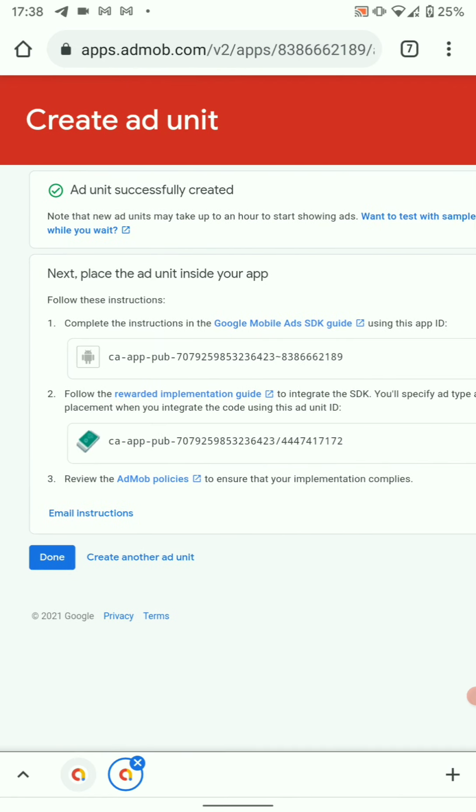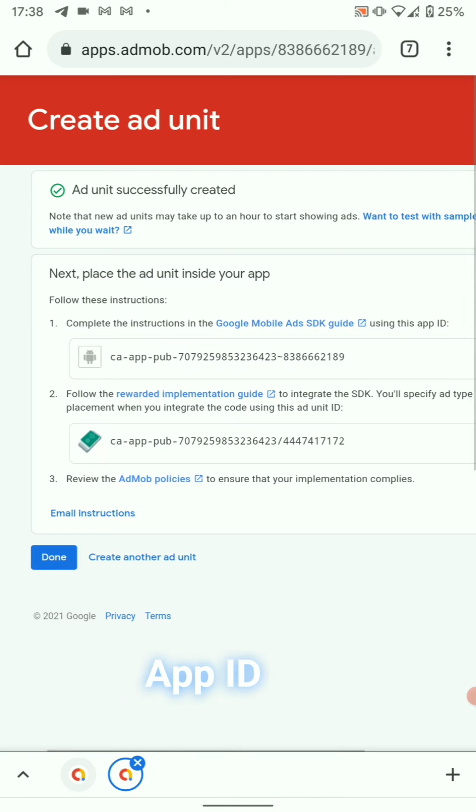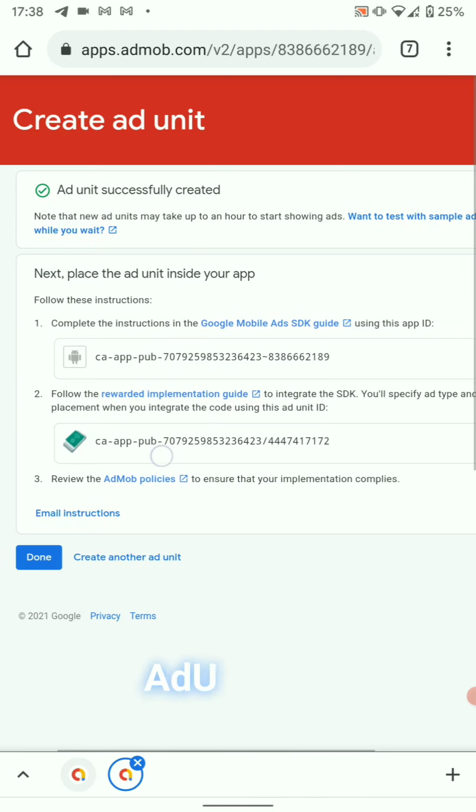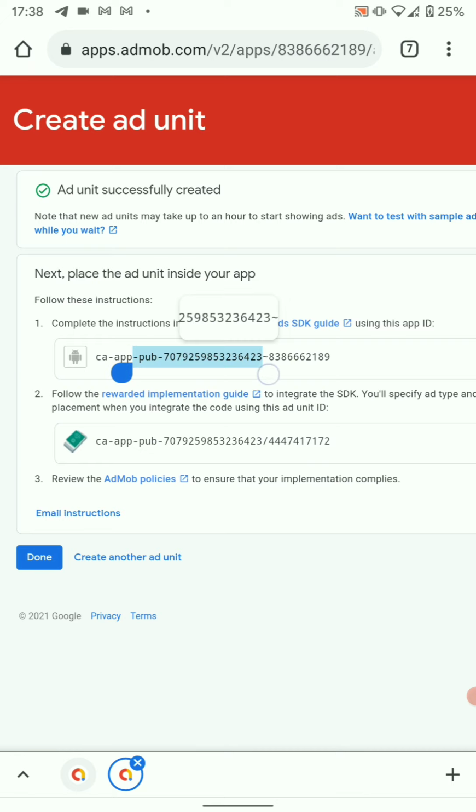So here, after the ad unit has been created successfully, you see we've got the first one is our app ID and the second one is our ad unit. So we need both of these. Let's start with the app ID. Just copy the app ID